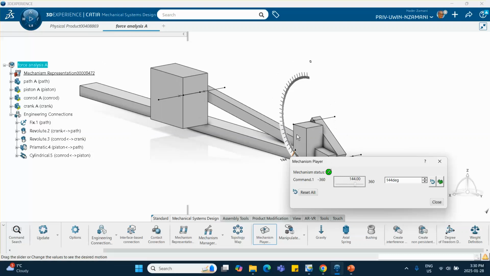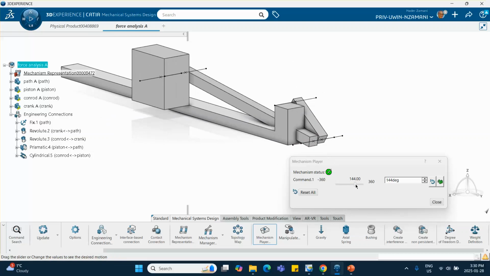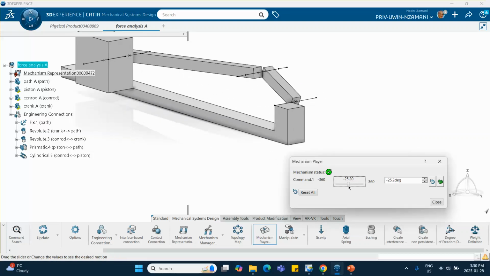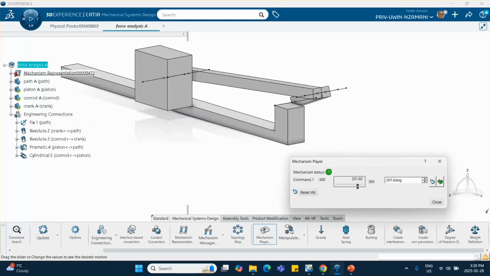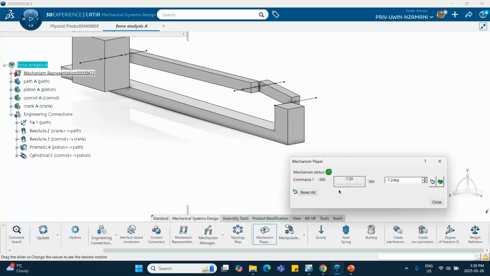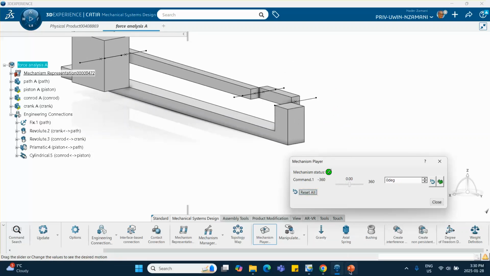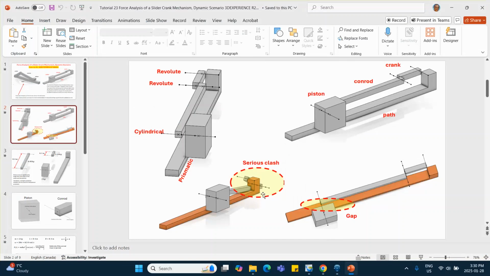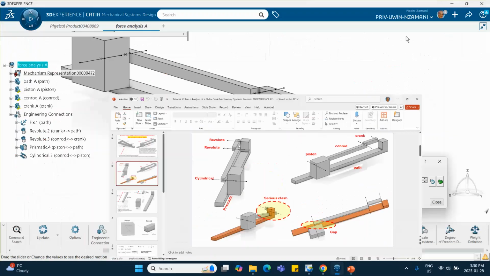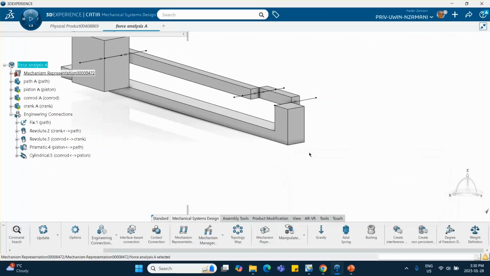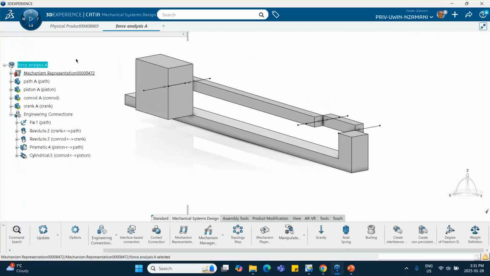But of course, notice that it does go through the part, but it's okay, because I've done a sloppy job in modeling this thing. So reset all. So what I just showed you is this kind of a thing. All right, so we close it. Now we're going to go to